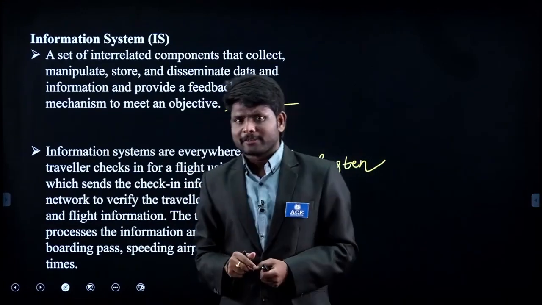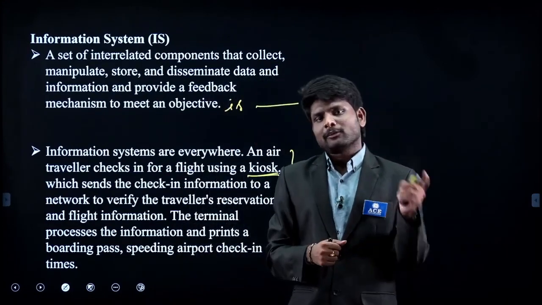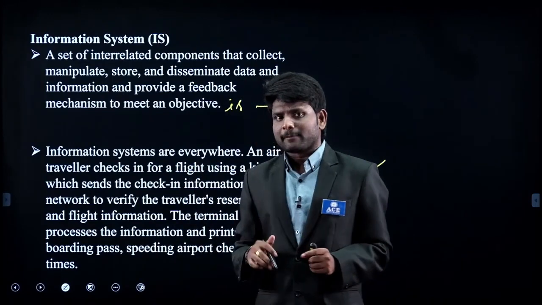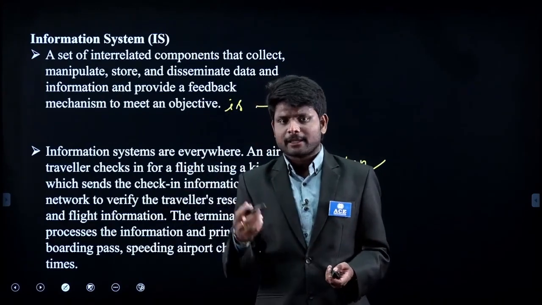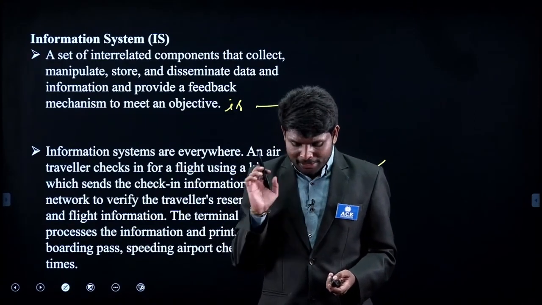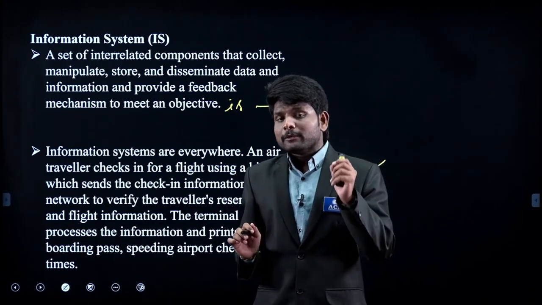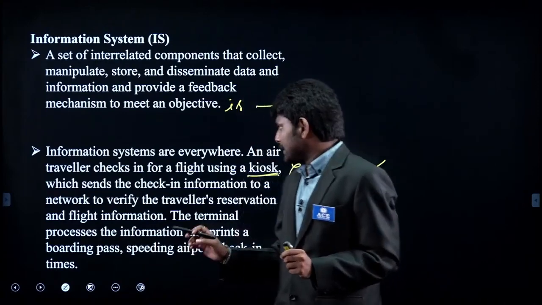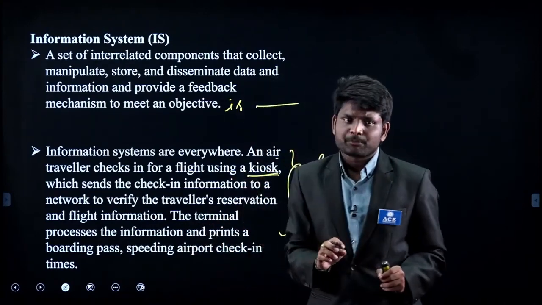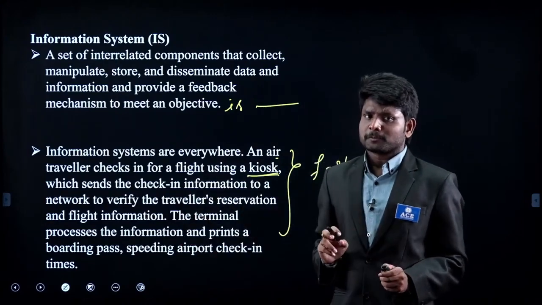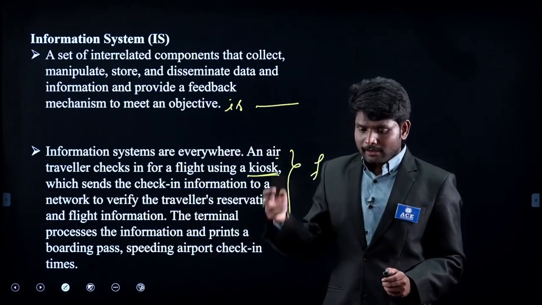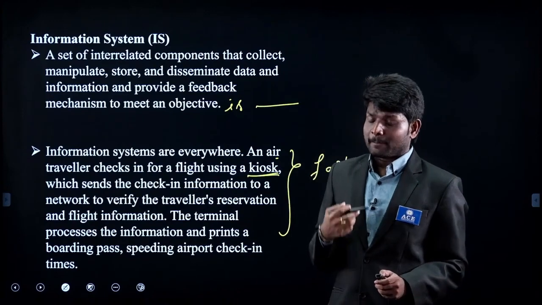Not only in airline systems. If you want to book a movie ticket, there also you can involve information systems. If you want to transact money, there also you can involve a money transaction app like Google Pay or PhonePe. So what they are trying to say here is they are giving the applications of information systems. Here they have mentioned airline services, but you can recall all other applications of information systems also. That is why you can make a proper preparation.